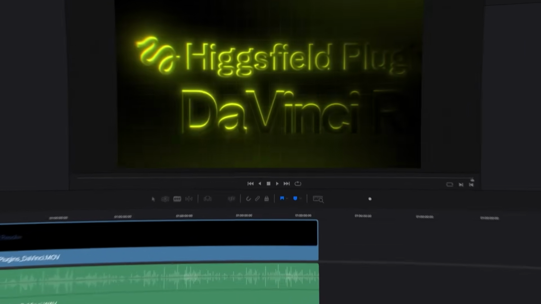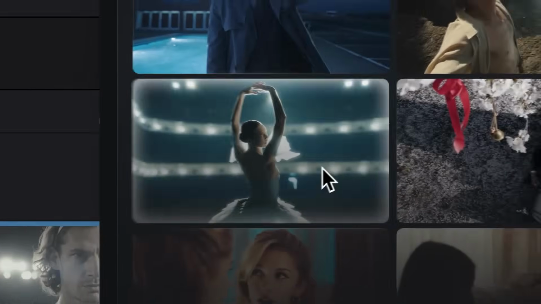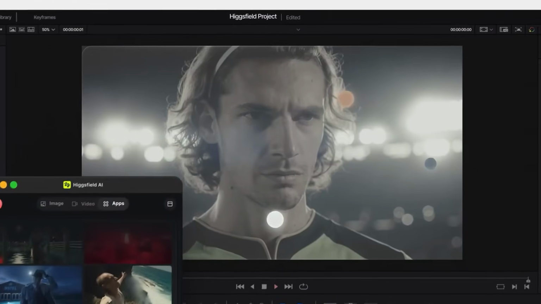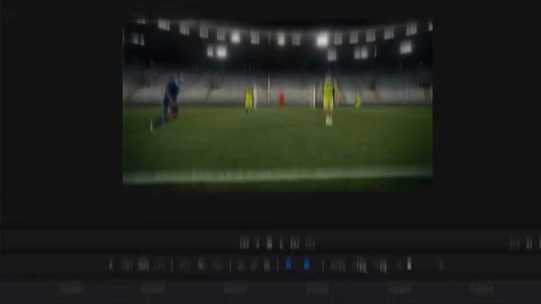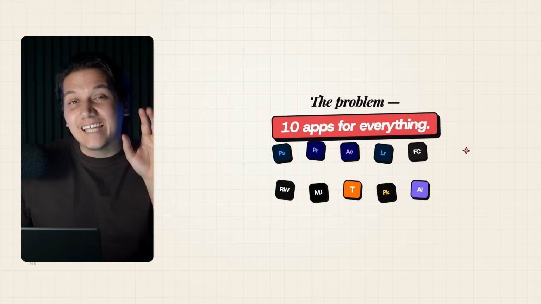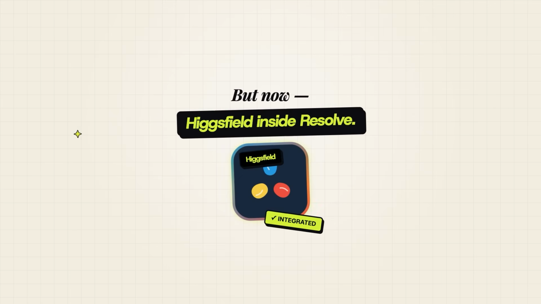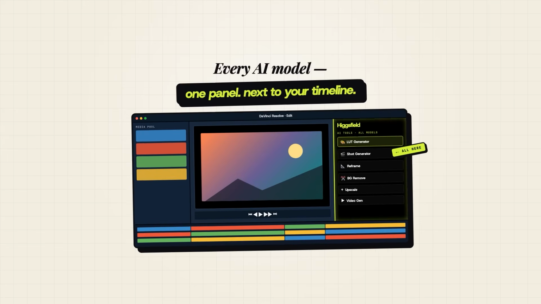Ladies and gentlemen, Higgsfield is now inside DaVinci Resolve and it has completely changed the video editing space. So if you are still editing without this, then you are working way harder than you need to. The problem that most editors were dealing with was 10 different apps for basically everything. But now, with Higgsfield inside Resolve, every AI video, every image model is all sitting in one panel right next